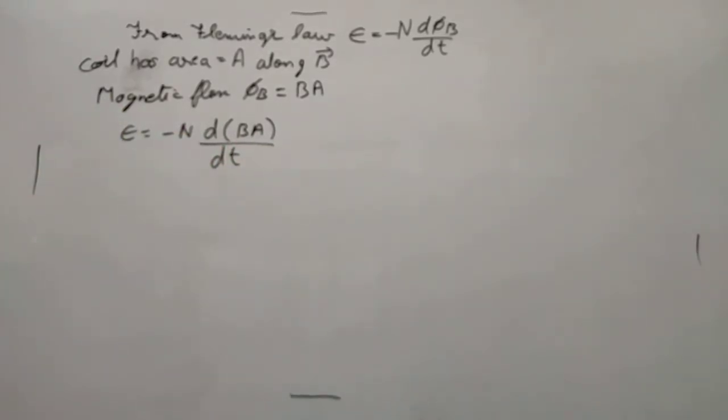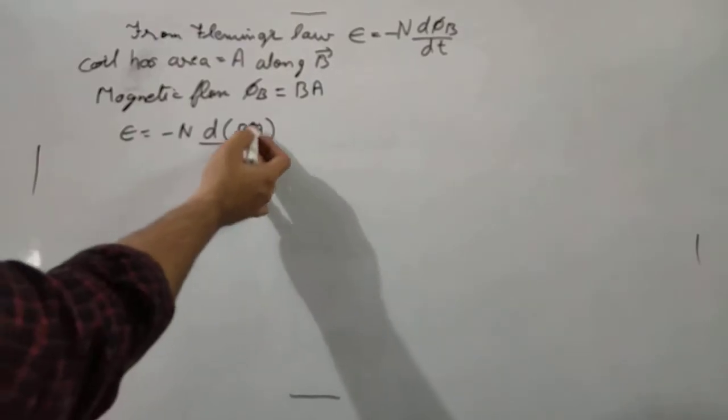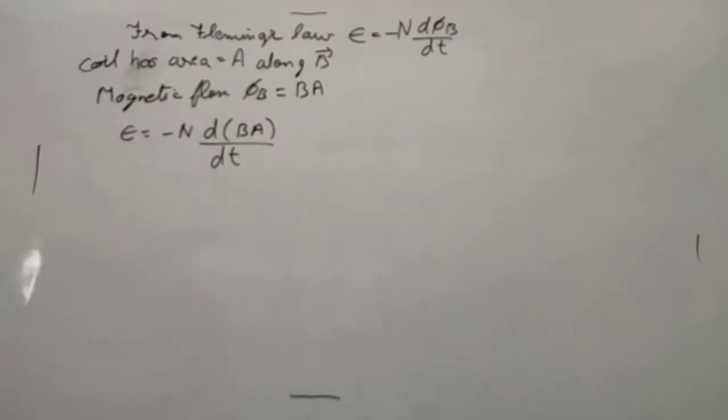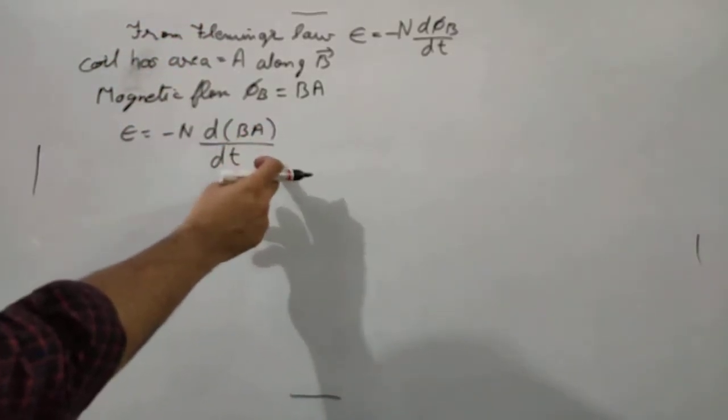Now we know that the area of the coil and the magnetic field both cannot be constant, because if both are constant, then the differentiation will become equal to 0 and EMF will not be induced. It can also be understood by the basic concept that if the magnetic field does not change and the area of the coil does not change and the direction is fixed, A along B, then the magnetic field lines associated with the coil will not change, and if they do not change, no current will be induced. Remember, electromagnetic induction works when B, A or the direction changes. So that means one of them should change.